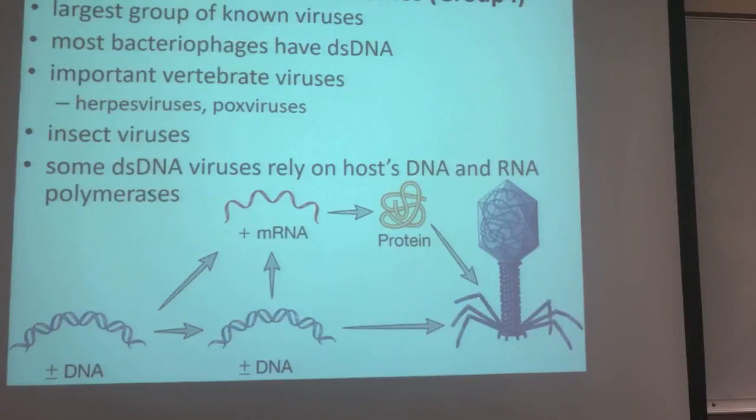Double-strand DNA viruses use your enzymes, right, to make more of its genome. And it uses your ribosome to make more of its proteins, right? Very straightforward stuff because it's double-strand DNA. You don't need to sit here and memorize that herpes virus and pox virus are examples. That's a little excessive, right?